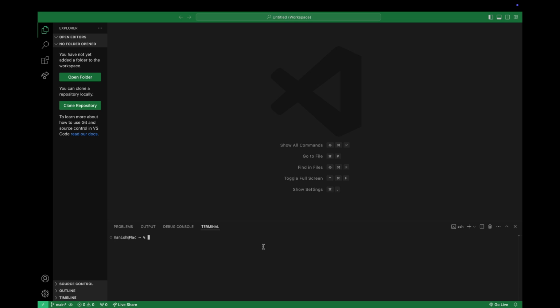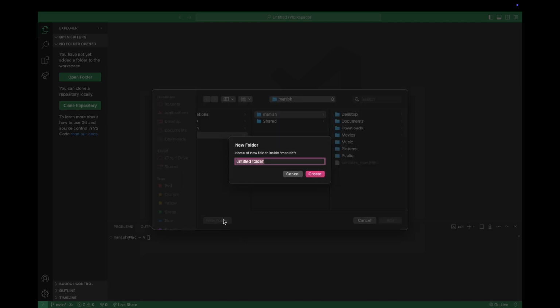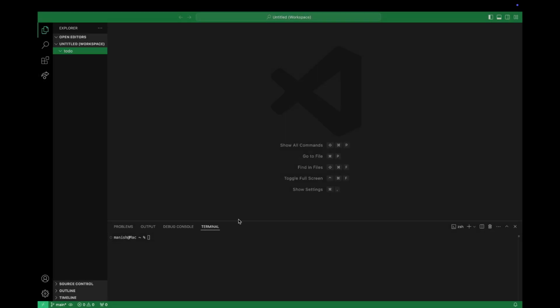Today we are going to make a to-do list application using Next.js, Tailwind CSS and TypeScript. So first we are going to make a folder. We'll name it todo, create, add, and then we'll move to the todo, cd todo, and then we'll give it a command npx create-next-app